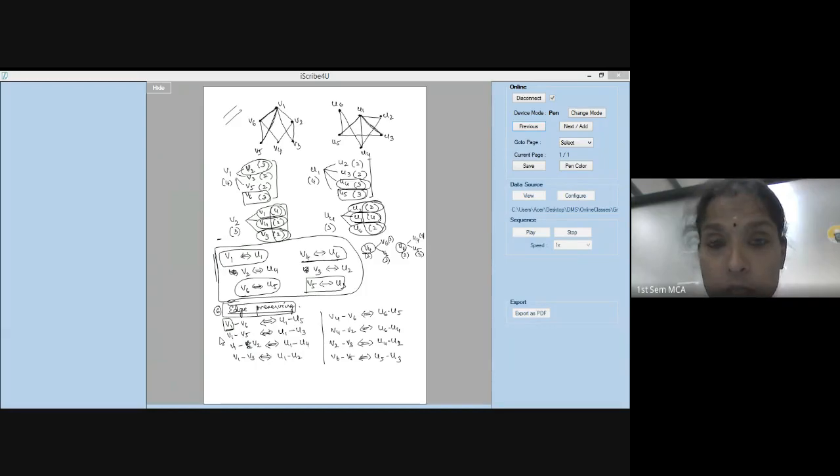If you are not able to do that when you do the edge preserving part, as Lavanya told, she brought in U1 to U6. That is wrong, because there is no such edge in the graph. In that case, I cannot do that. I have to go back to my vertex preserving step, make the changes, and then again do the edge preserving. Every edge of G1 should be mapped to an existing edge of G2. That is an important step. That is called edge preserving. If you are not able to do that, that means your vertex preserving is wrong.